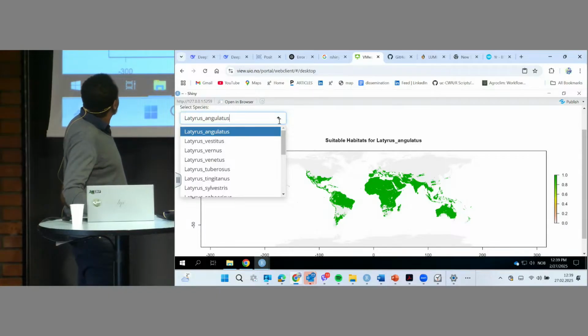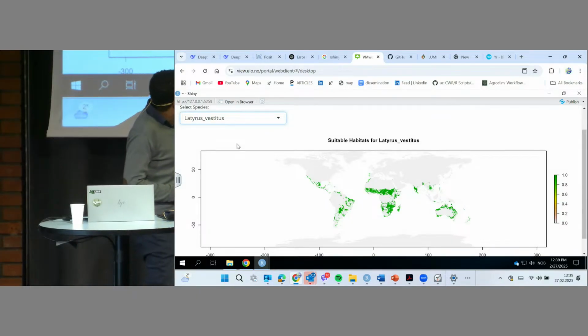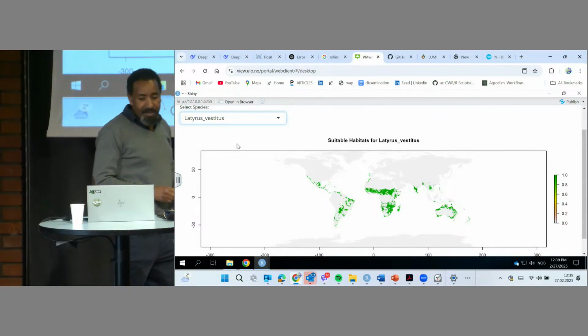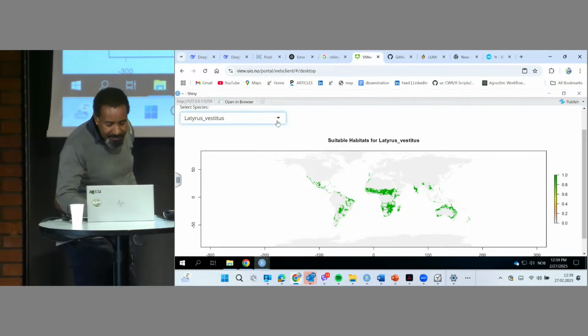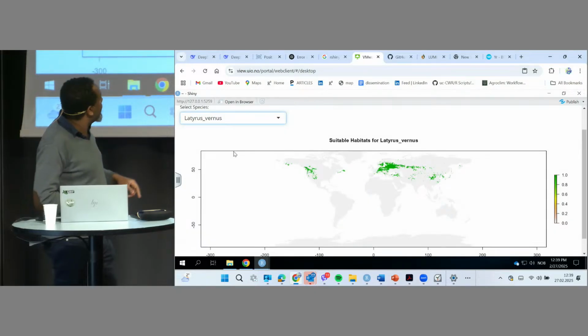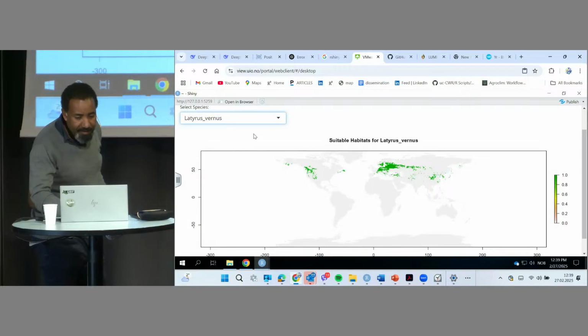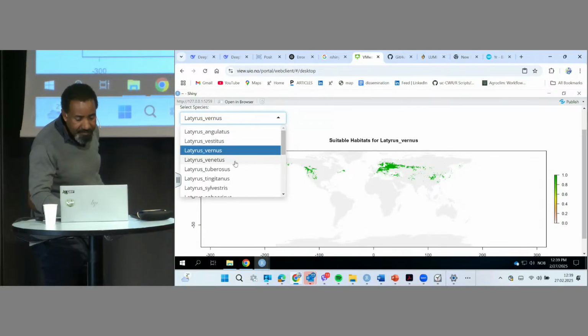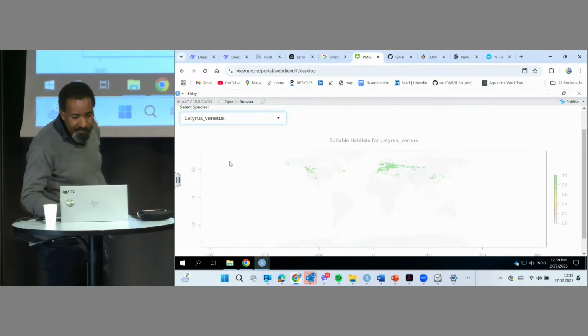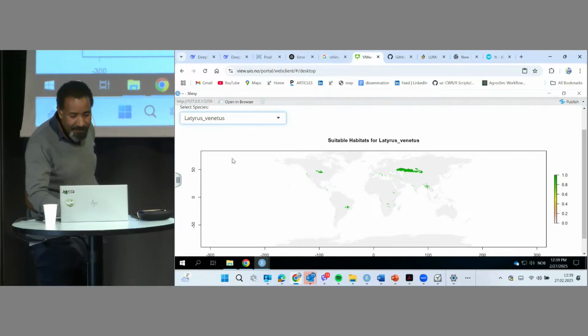You can choose the species, for example, if I choose this one, it displays where the suitable habitat is located at a global scale. And probably if we try another species, this is mainly a temperate adapted species. And again, here you can see for this species of wild relative where they are growing at a global scale.